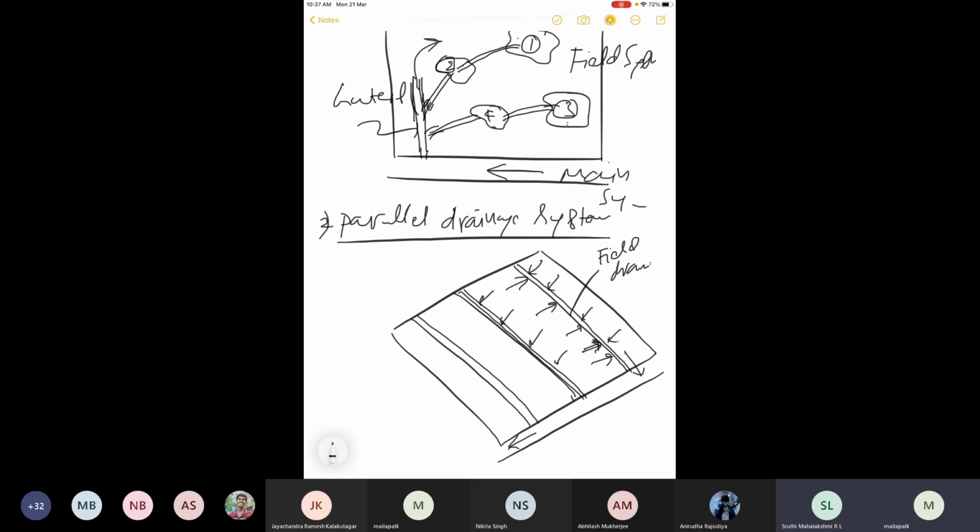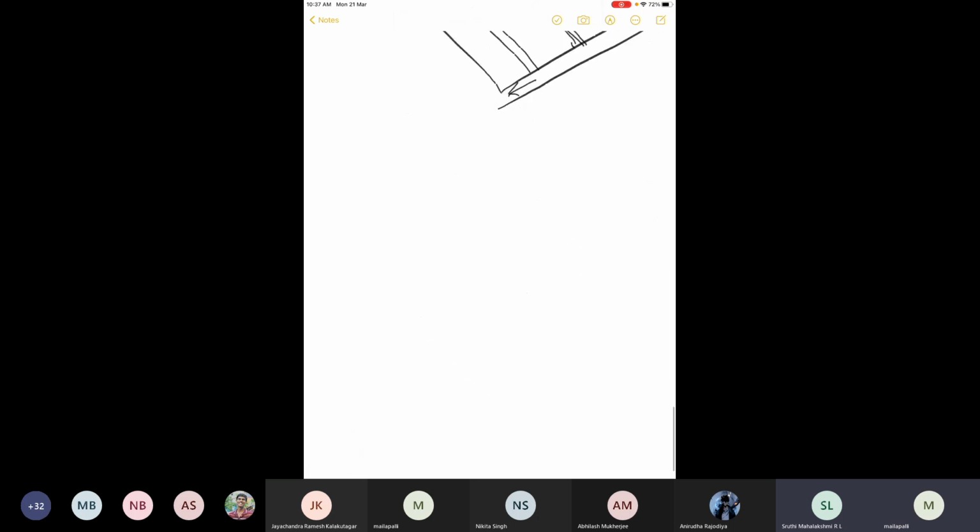Okay, and the next is the subsurface drainage system. So only two layouts we would see in case of surface drainage system. One is the random field drainage system, and the second is the parallel field drainage system. Whereas in subsurface drainage system,